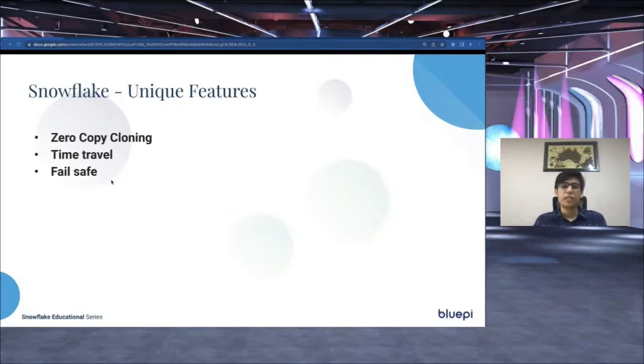Next up is failsafe. Failsafe is a feature more from the perspective of DR, that is disaster recovery. With failsafe, Snowflake keeps a backup of your data within its environment. When I say within its environment, it's separate from the database storage layer that I was talking about. I mean, it is the storage layer only, but